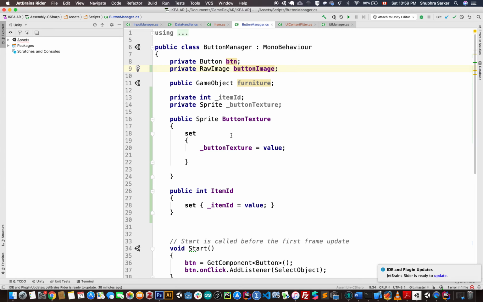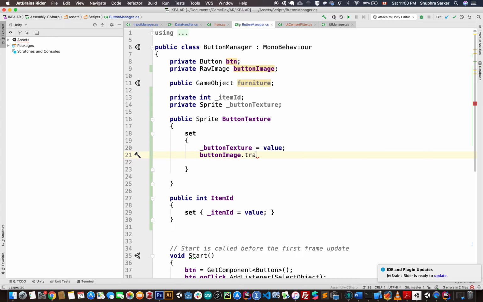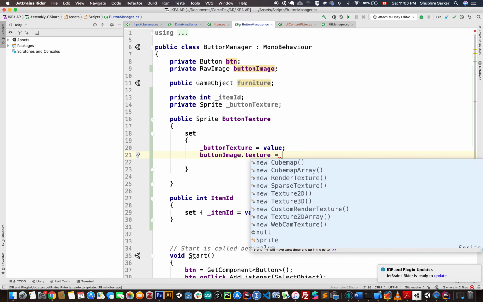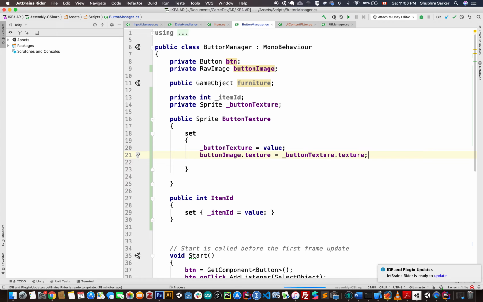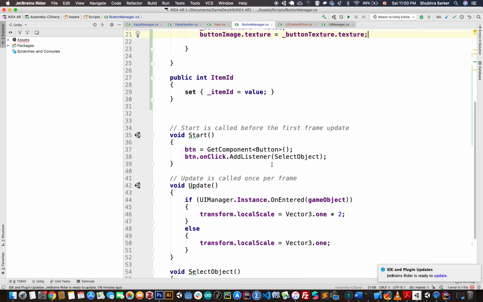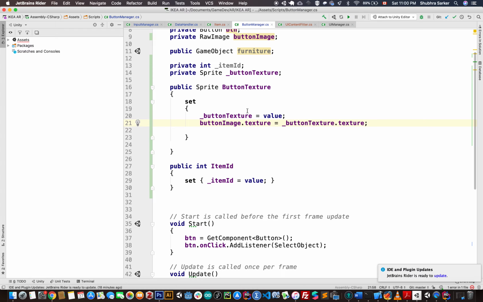Okay, so here we can do button image dot texture is equal button texture dot texture. Okay, all right. So we have the item ID, which is getting set here. Everything is set up, everything is good. Yep, so now we can basically